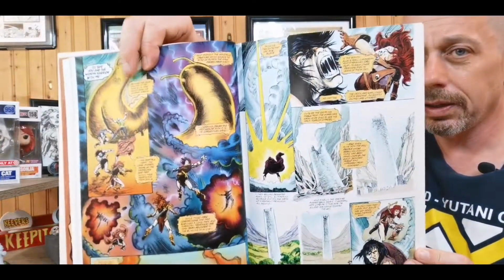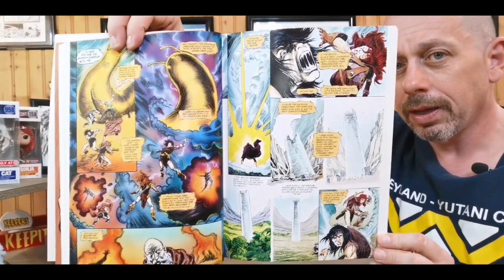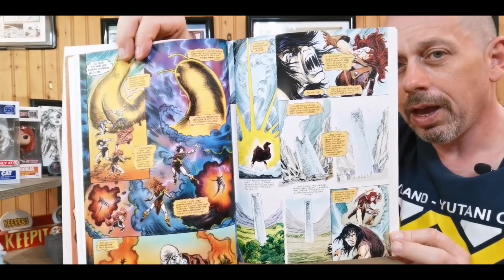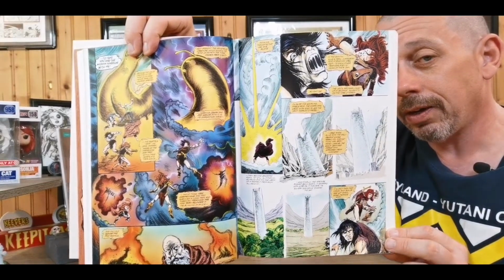Alright, so get some more good art. And then the slug, being controlled by Rotath and Rotath's mind, casts this spell which takes them back in time. It only takes back Conan and Red Sonja on purpose, because he wants Conan's help in finding Kull, and he wants Sonja there, for as he becomes human again, taking over another one's body, he wants her as his mate. So once they're back in the time,